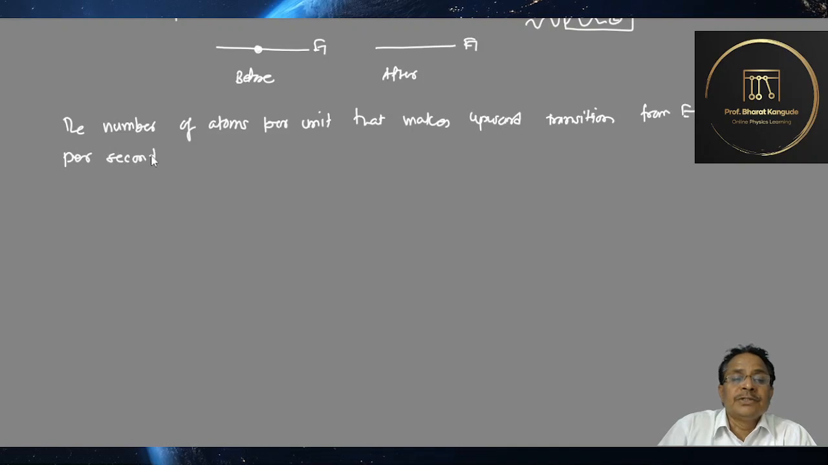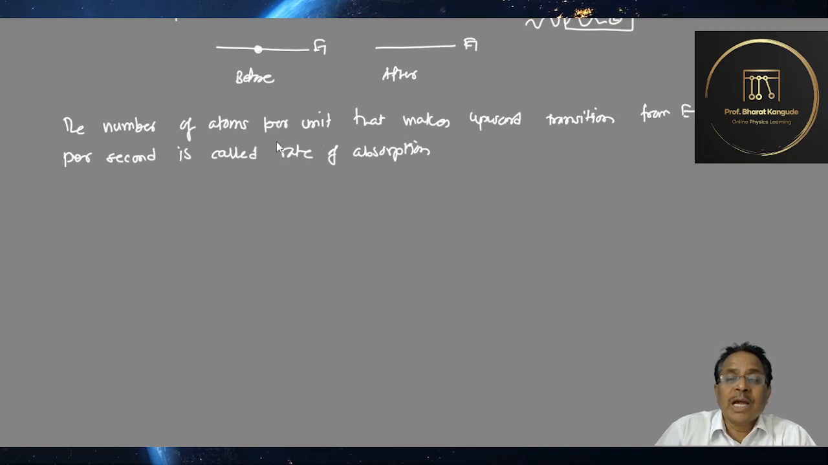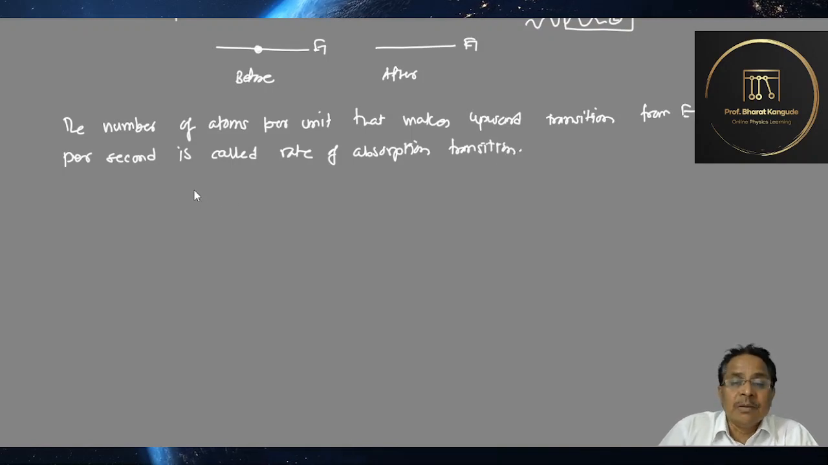See the definition: the number of atoms per unit volume that makes an upward transition from E1 to E2 per second is called the rate of absorption per unit volume. So the absorption transition is occurring in this case, and mathematically it is represented as